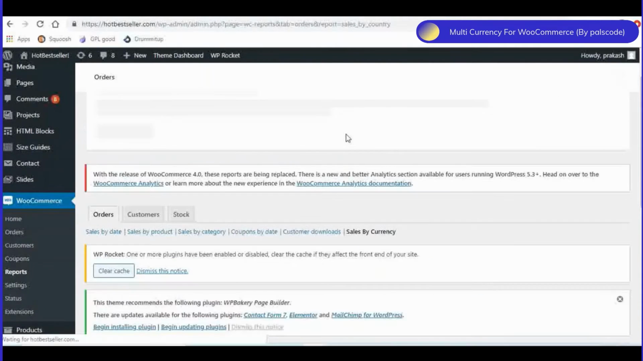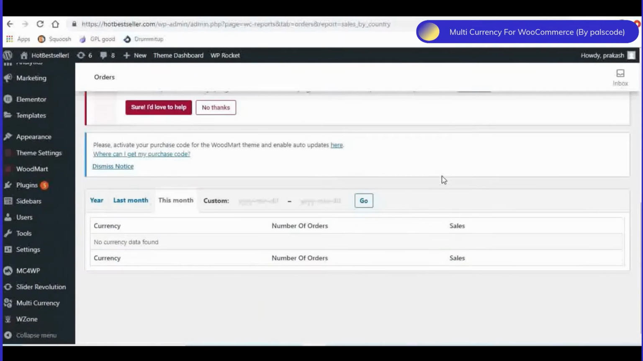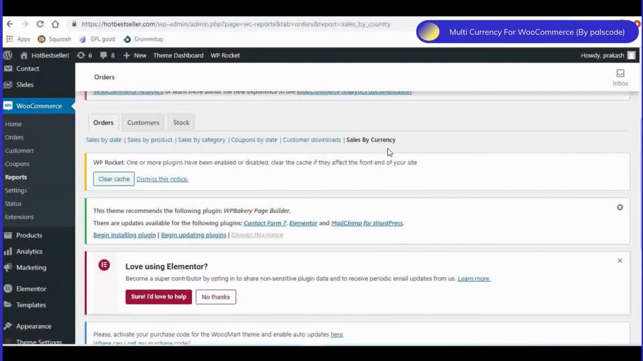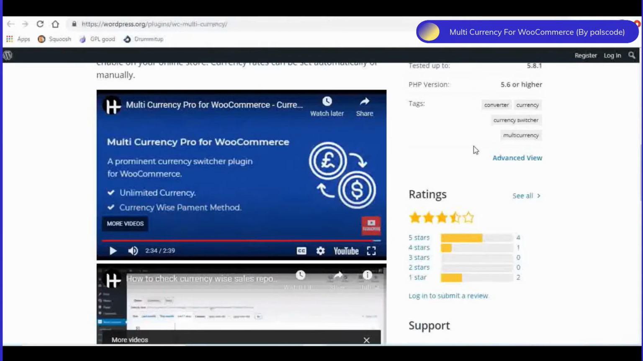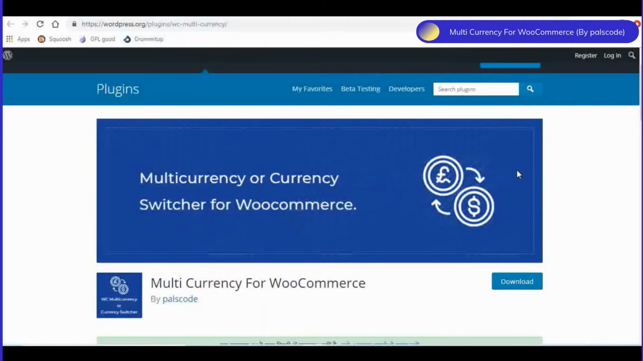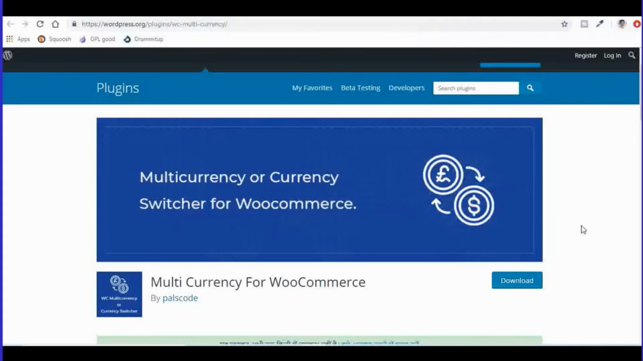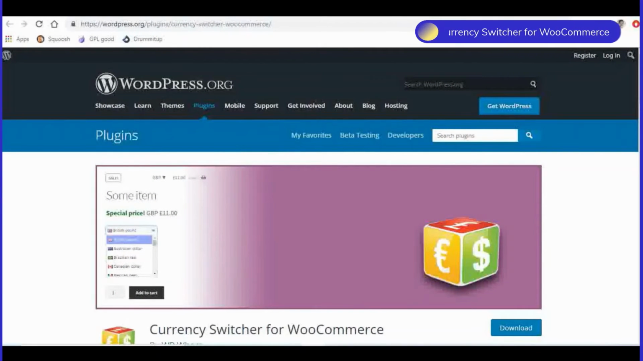So you can see the sales by each of the currencies. Since there are no sales on this test website, it is not showing at the moment, but you can definitely check out the sales by currency under the WooCommerce report with this plugin. So a very good plugin with nice functionalities under the free version as well, and you can check out the multi-currency for WooCommerce plugin. The next plugin that we will be looking at is the currency switcher for WooCommerce, and